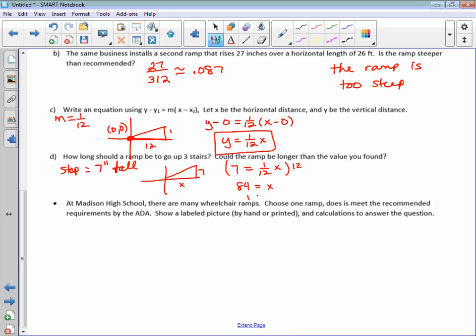That is for one step. I want 3 steps. So what do I have to do with that? 252, which is